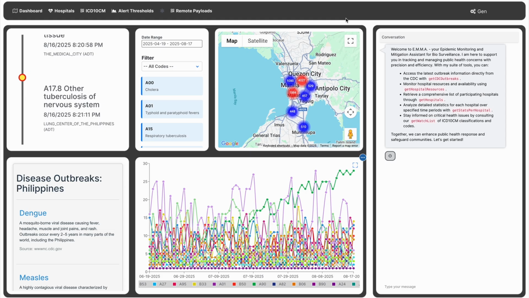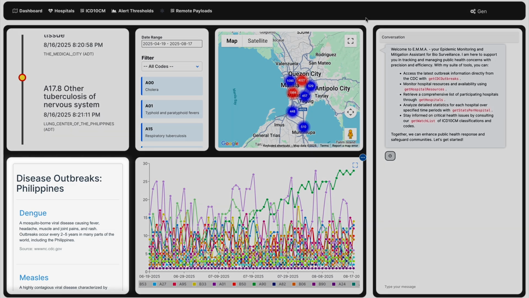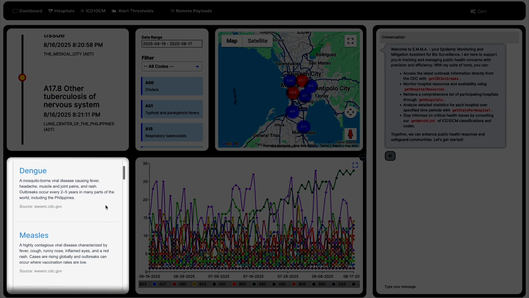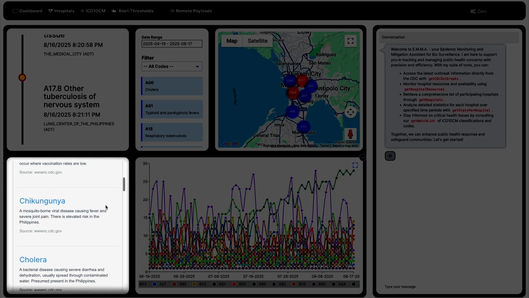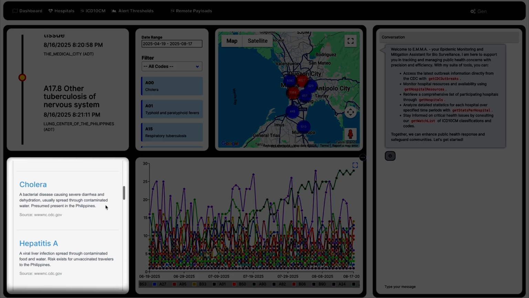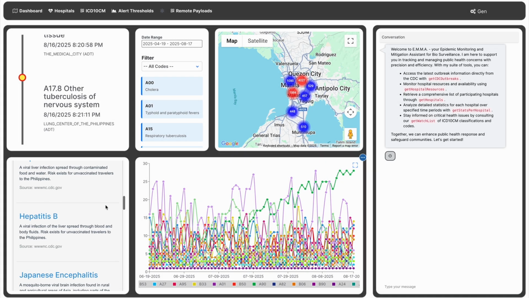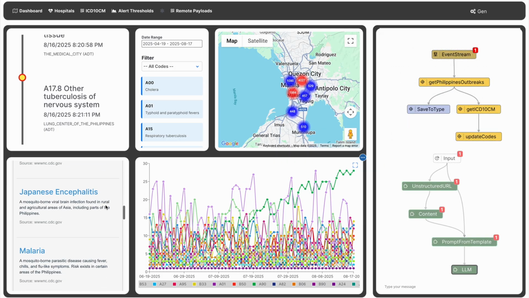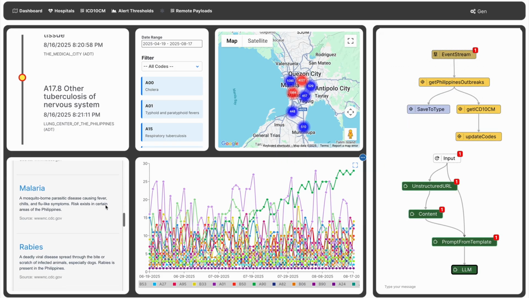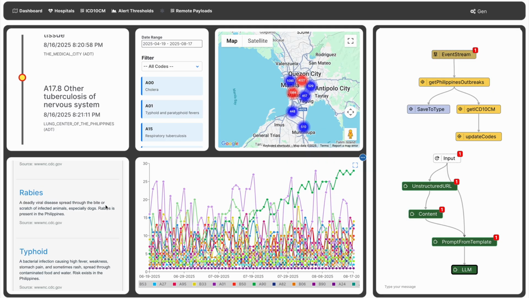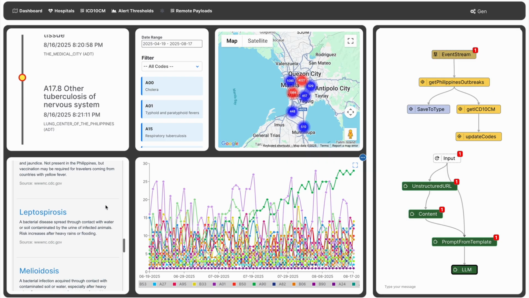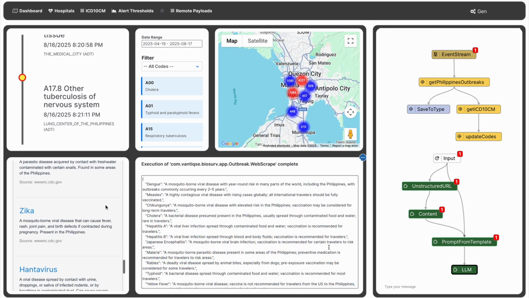Let's look at the various parts of our application and the back-end real-time logic that supports them. On the bottom left, you see the results of an agentic system that monitors social media sites for current outbreaks in the defined area. The flow automatically starts collecting information from APIs and websites. And this flow starts off the process, and our agent reads the content and produces an object outlining potential areas